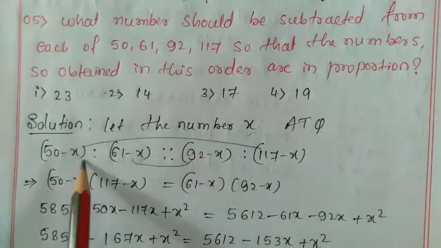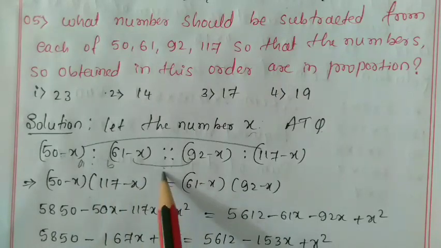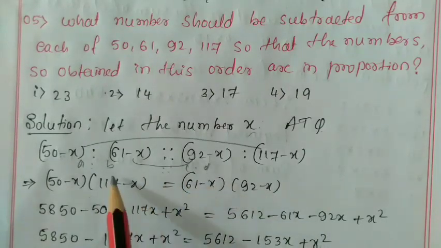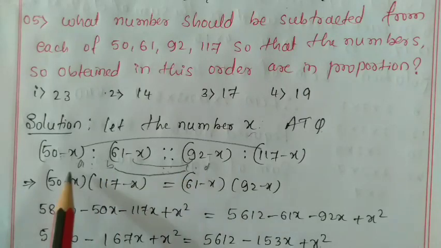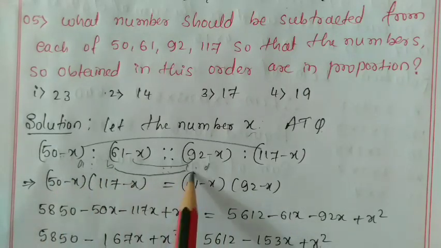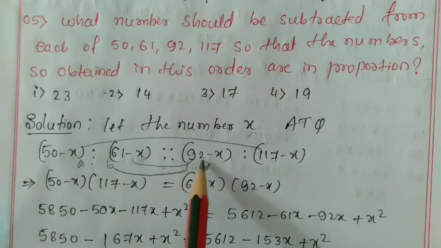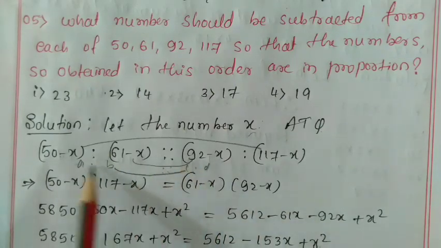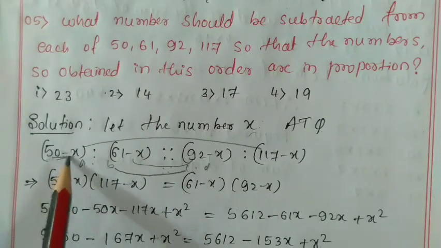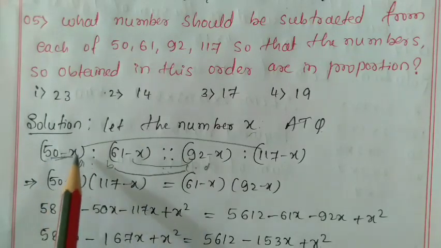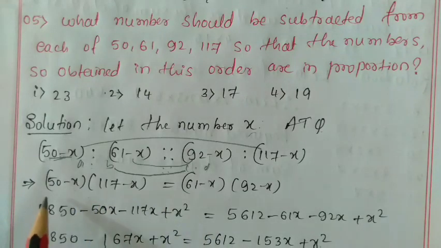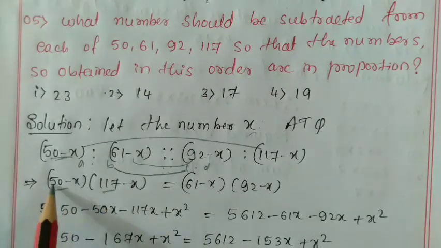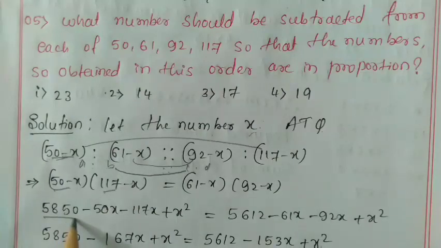Okay, after that you can multiply these two, because this is in the form of a is to b proportion c is to d. Okay, so then you can multiply these two, right? So middle term and end term you can multiply. That is b into c, 61 minus x into 92 minus x, you can multiply these two, and end terms, that is 50 minus x into 117 minus x, you can multiply these two. Okay, so after that you can multiply these two. 50 into 117, you will get here